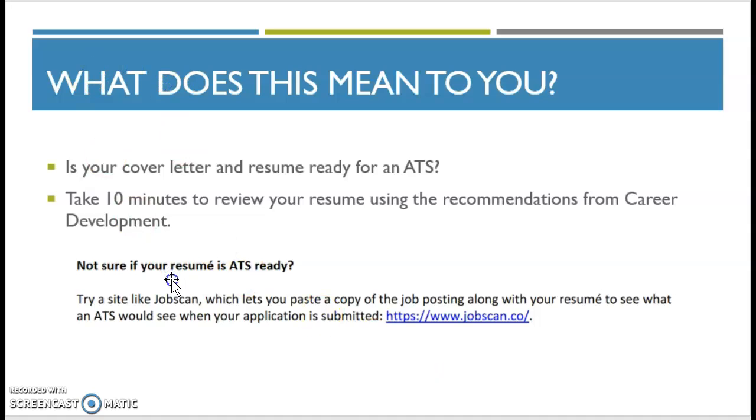So hopefully this has given you a good explanation between the slides, coming to class, and these videos on how to do the resume part of the cover letter and resume assignment. And next week, we'll look at your cover letter.